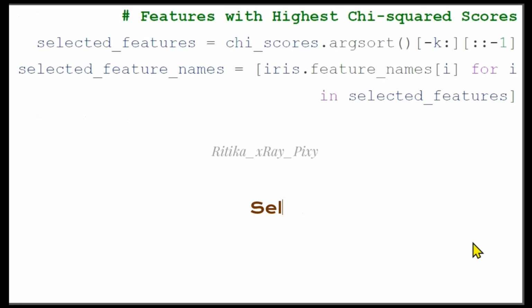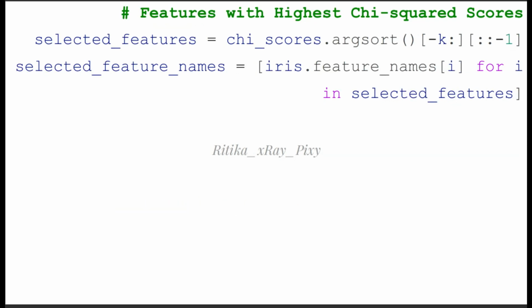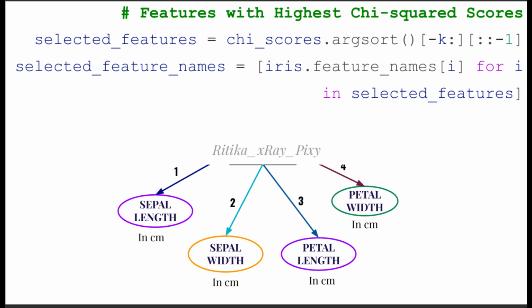After that, we will extract the selected features. Now we will extract the features with the highest chi-squared score. So here you can see selected feature is equal to chi-square. So here we will sort the features and we will select the features having the highest score, and we will store the selected features in the selected feature names.